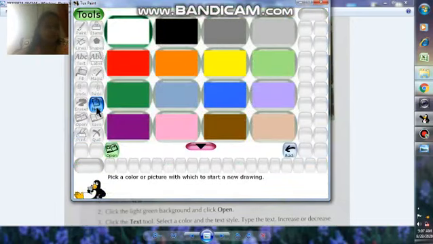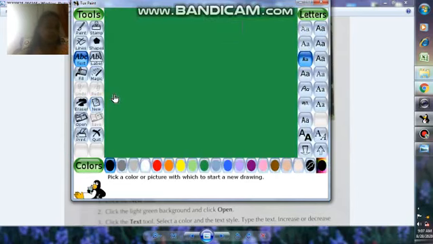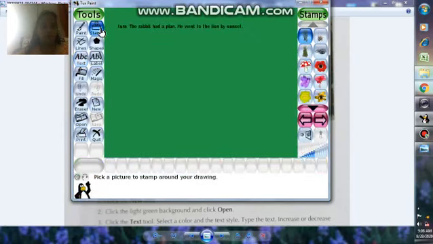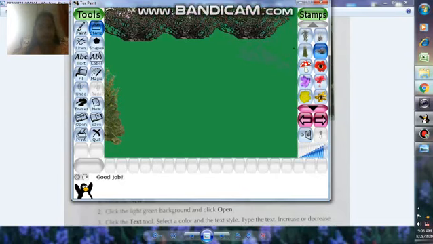So here the steps are not given for the 5th picture. To create the 5th and 6th pictures, follow the same steps as for the 2nd picture. Take the background, then go to the stamp tool and place some trees here like this. I'm placing the normal trees right now. Okay, it is enough.